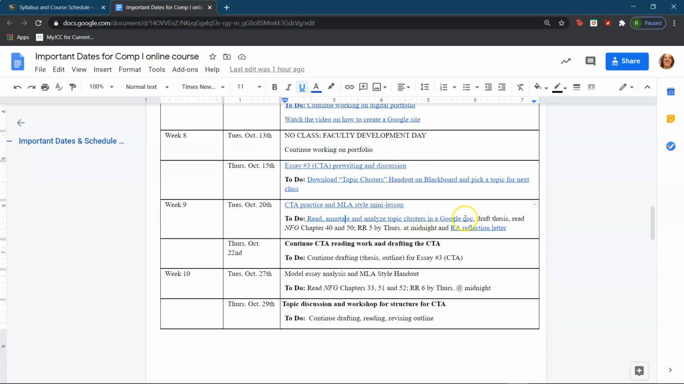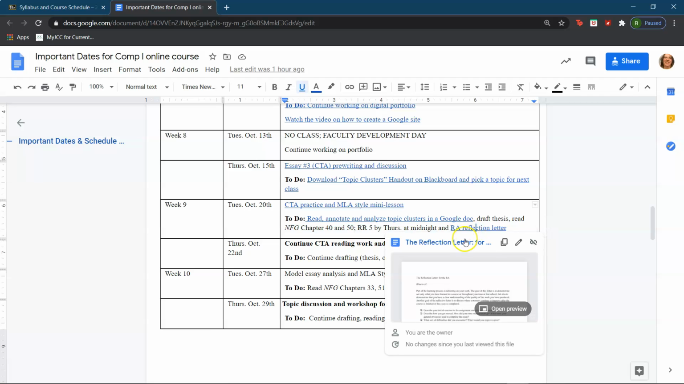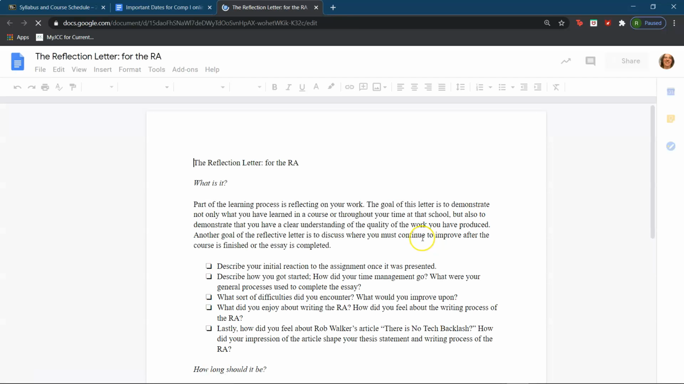So then the other part of the homework will be beginning to draft the CTA or the third paper, and I went over the guidelines in our last video. And the other part of the homework will be to read chapters 40 and 50, and reading response number 5 will be due on Thursday by midnight. And the other part of this week's homework is also to complete the RA reflection letter. Just like for the first paper,